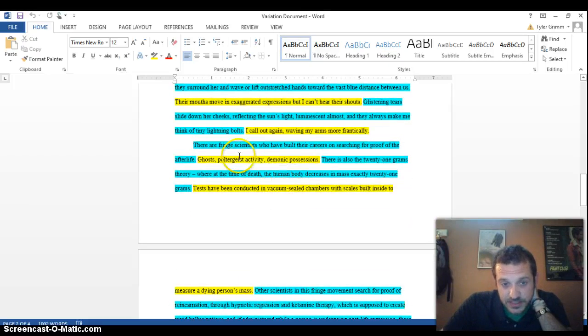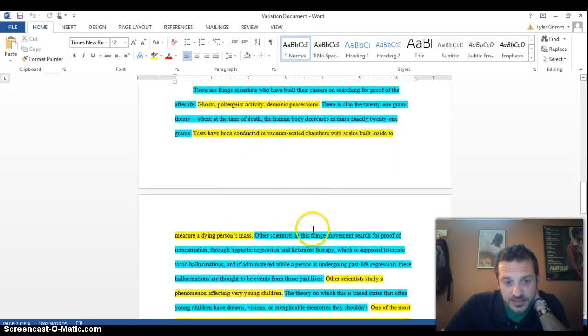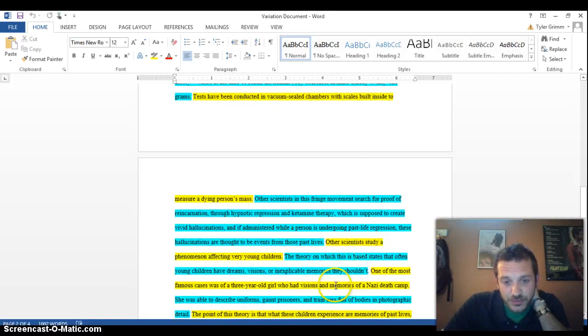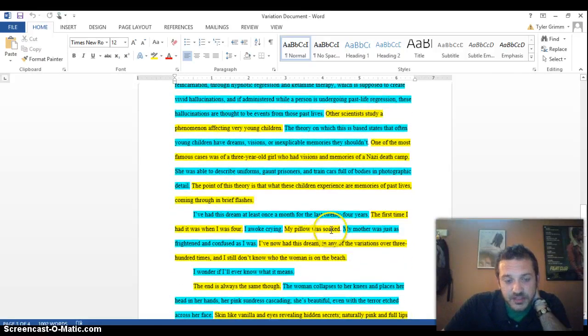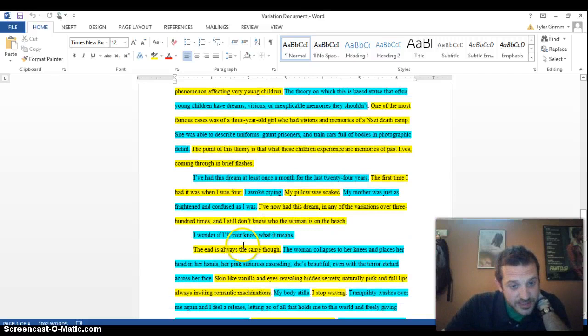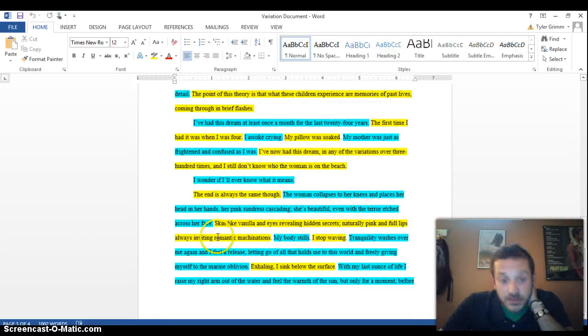But going through the rest of this, you can just kind of see that, like here's a short sentence, and here's a pretty long one, a couple shorter ones, and you can see the variation in the length of paragraphs, which is also very important. Here's another one-sentence paragraph that is meant to force the reader to pause and think about what I'm telling them. Here, this is a very tense moment. See, these sentences are only a few words long, and then there's a longer one, another short one.